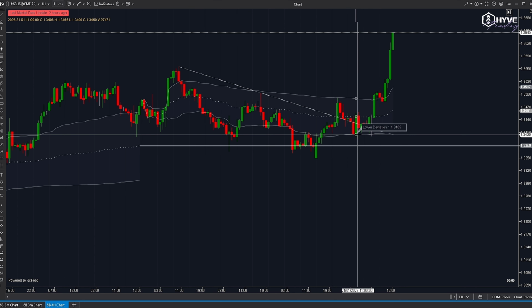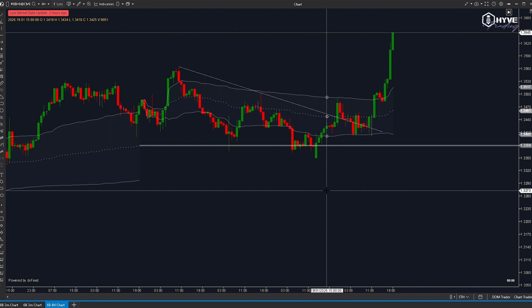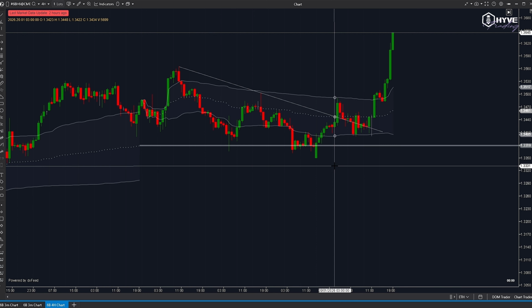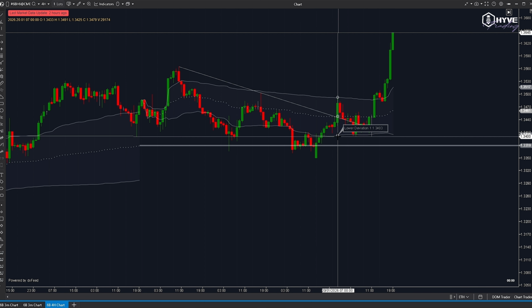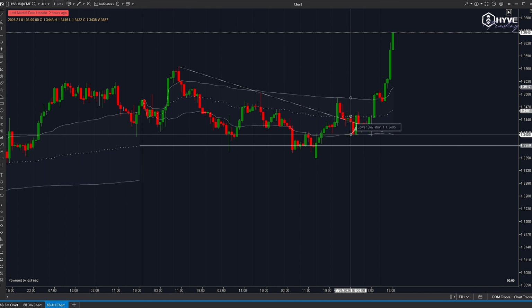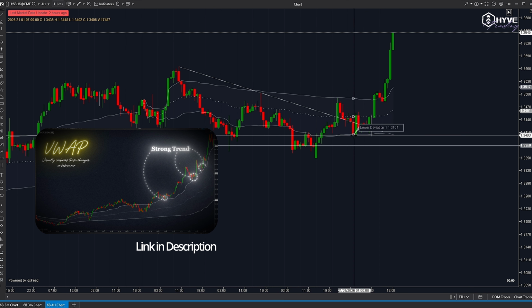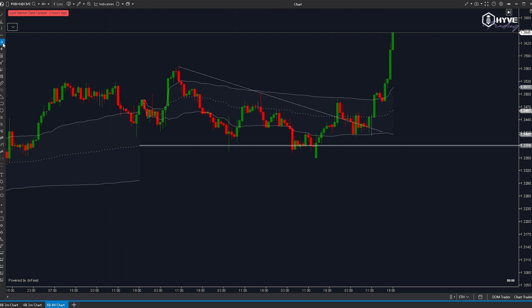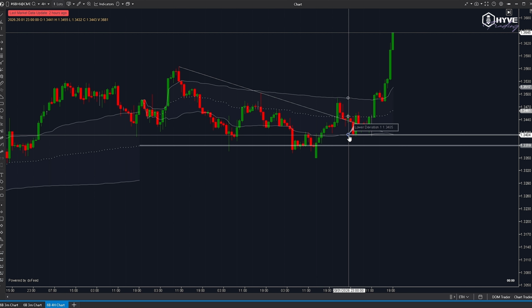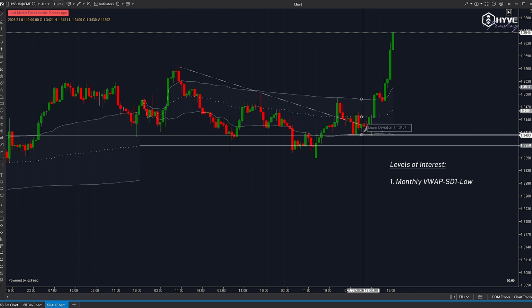So as price came back down, not only do we have this 3 days of accumulation, which we're going to use to derive our other levels of interest, but you can see it was also testing this current month's lower VWAP band. And if you've seen my Market Trinity course, you know that these levels act as support and resistance. So if we just mark that up, this will give us our first level of interest for the day